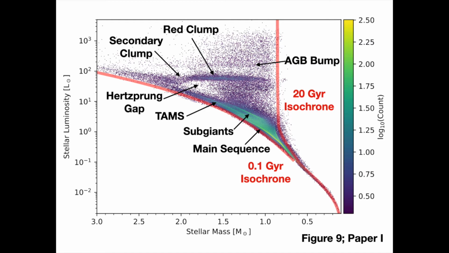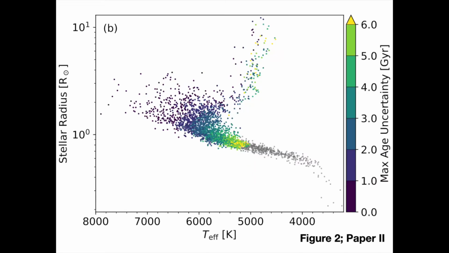Whereas paper 1 focuses on stellar properties, paper 2 focuses on trends in exoplanet properties derived from paper 1's stellar radii, luminosities, masses, and ages. All in all, about 3,000 stars from paper 1 were found to host close to 4,000 transiting exoplanets. Figure 2 shows stellar radii versus the effective temperature for each of these host stars. Most of the host stars are main sequence stars, although there are a few stars on the red giant branch.